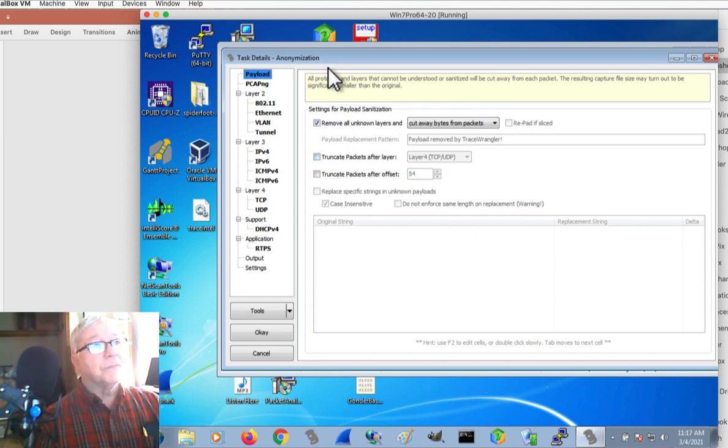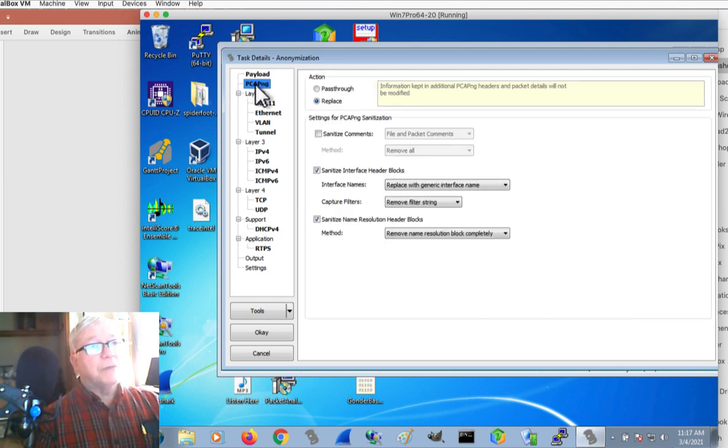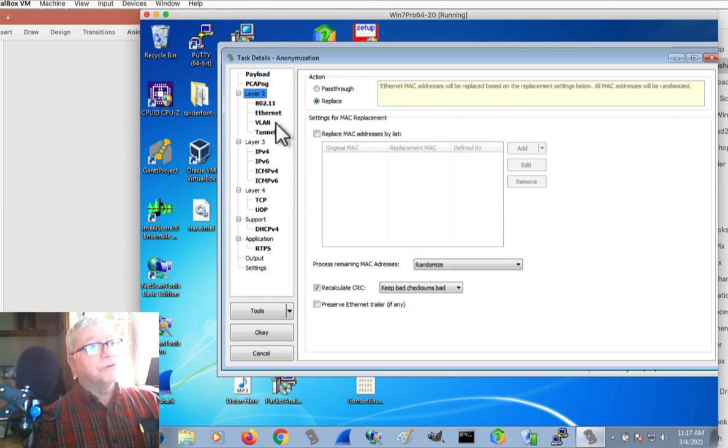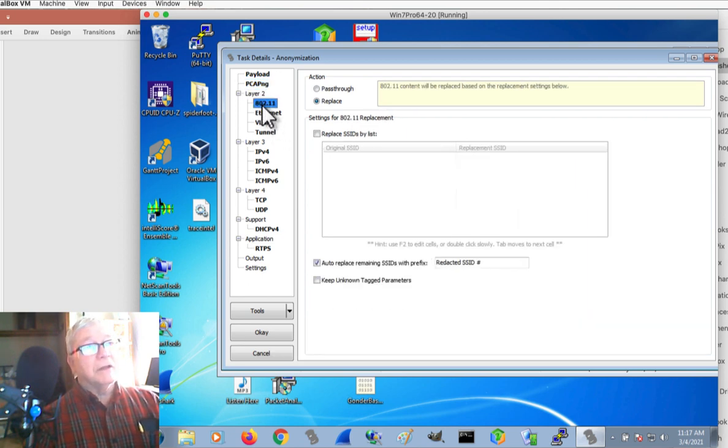to be done. So PCAP NG, do I want to remove the comments? Do I want to sanitize the interface header blocks? What about at layer 2? If it's layer 802.11, I could replace the SSID names.